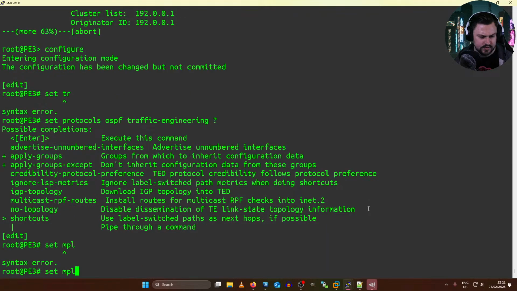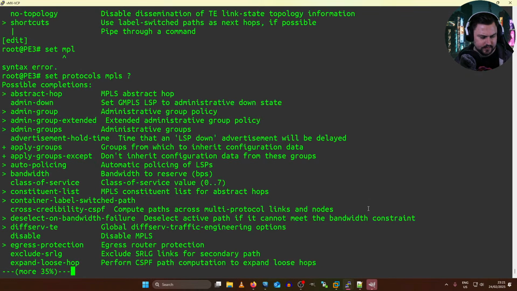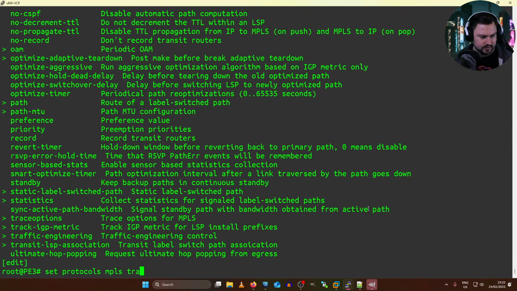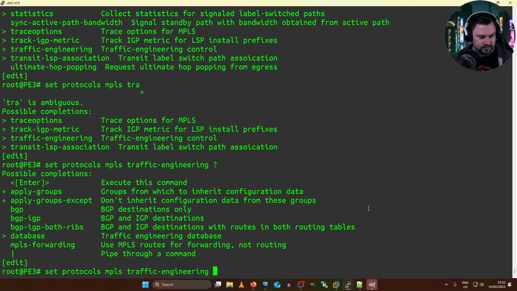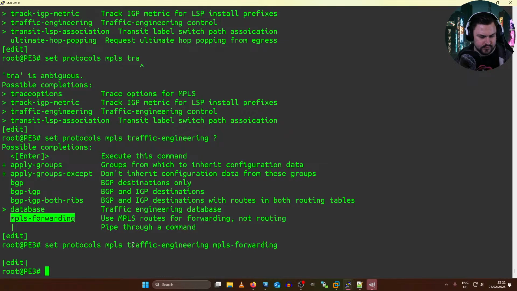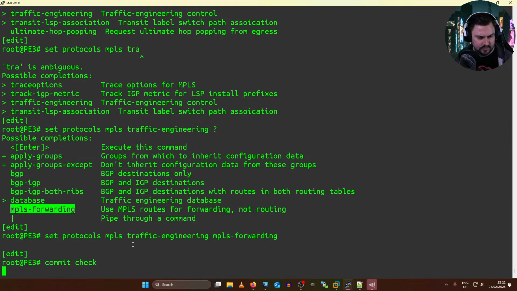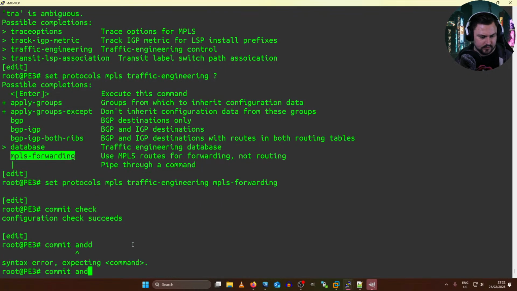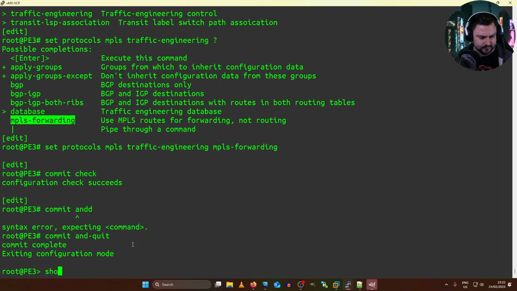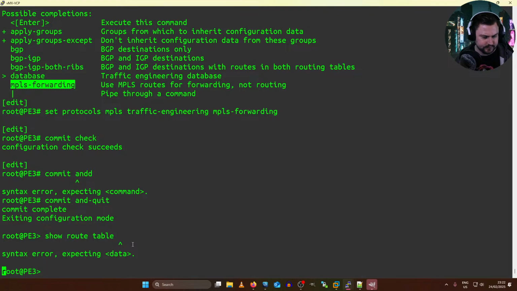Let's do set protocols, MPLS. What's this? Traffic engineering. Let's try this. Go check. Quit and quit. Show route.